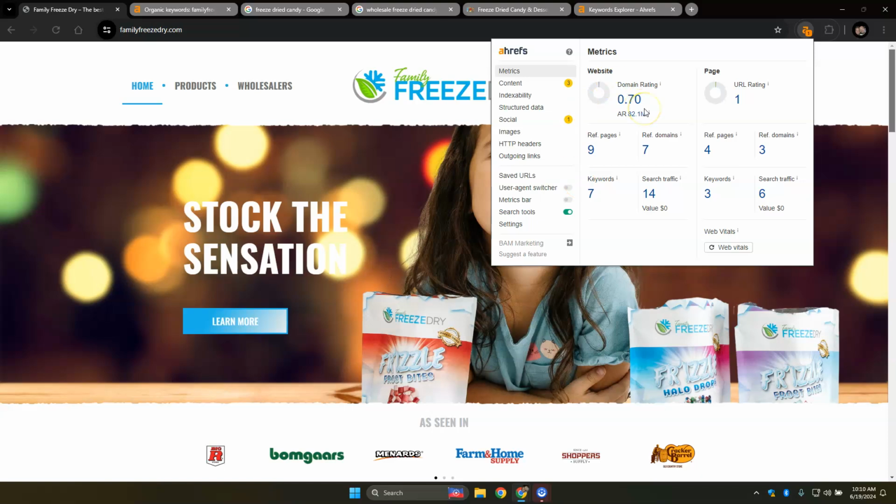Looking at your metrics here, this will give me your analytics. The DR and UR are the strength and trust that Google has for your website. These are on a scale of 100, and you want those continuously moving up while also being balanced. You're currently at 0.7 and 1 due to your referring pages and domains, which are backlinks. If you don't know what a backlink is, it's when one website links to another website via a clickable button or text. But not all backlinks are created equal, so try to stay within industry and